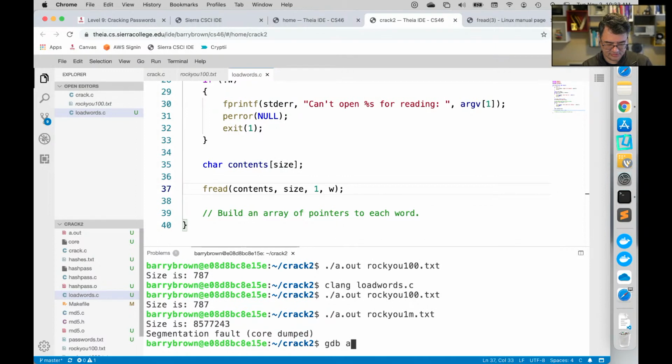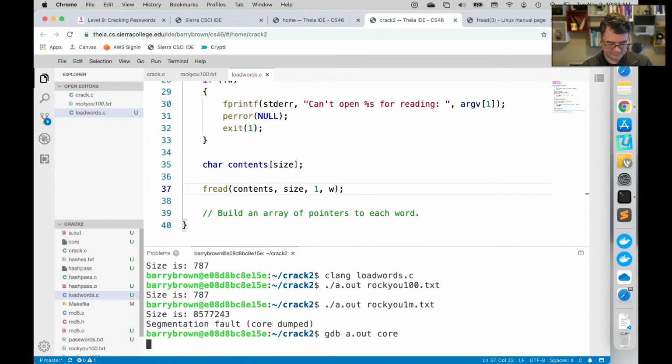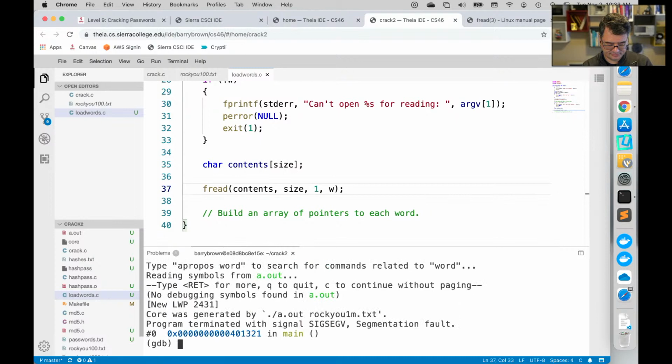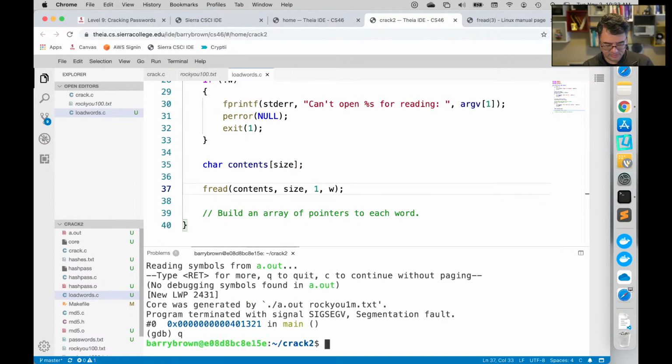GDB a.out core. Oh, I need to recompile the program with the G flag.